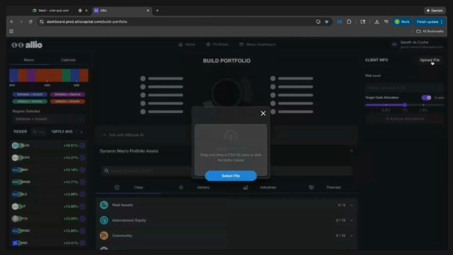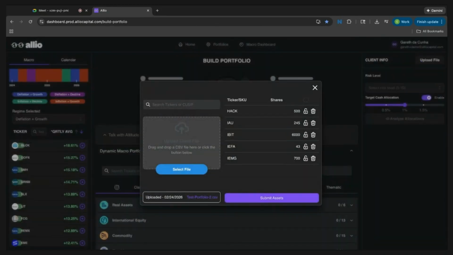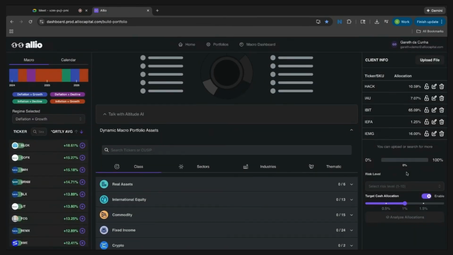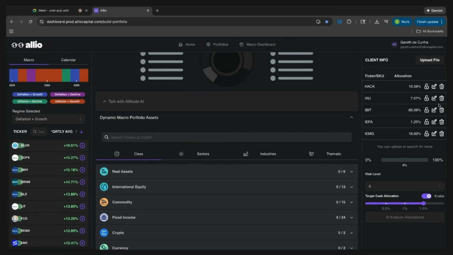All you need to do is just upload any of those portfolios via a CSV, and I've got one right here. This is just an example portfolio that I use for testing, just to be illustrative. And what it will do is you can upload that portfolio. You can see it's detected the shares and the SKUs, as well as the quantity of shares of each based on that CSV. So those all get uploaded. Super handy, right? Set the client's risk level to, say, a 6. And then once it's all uploaded,